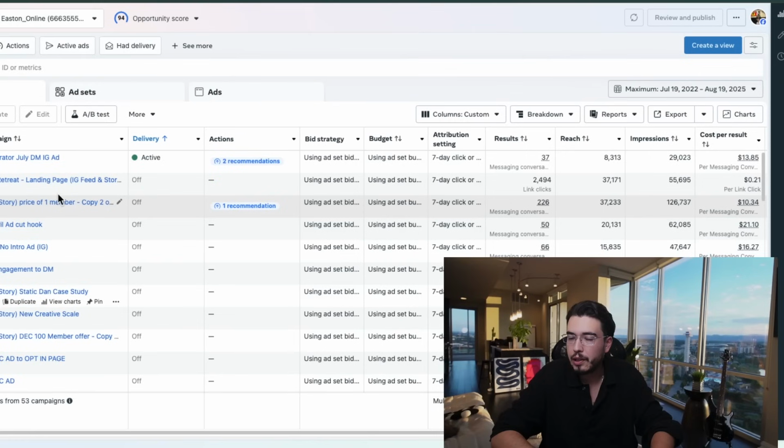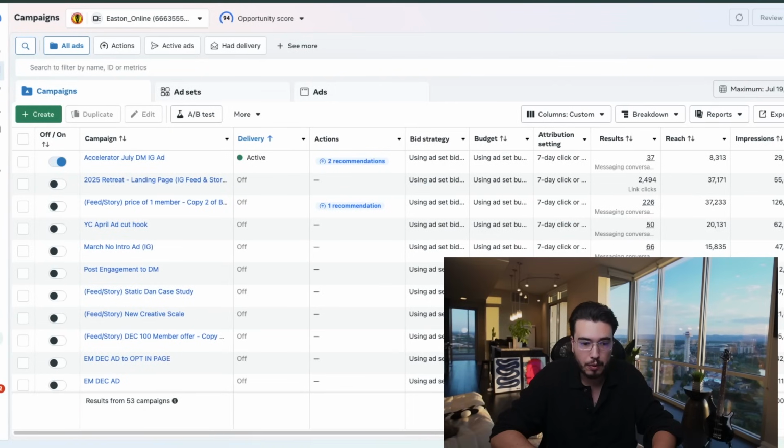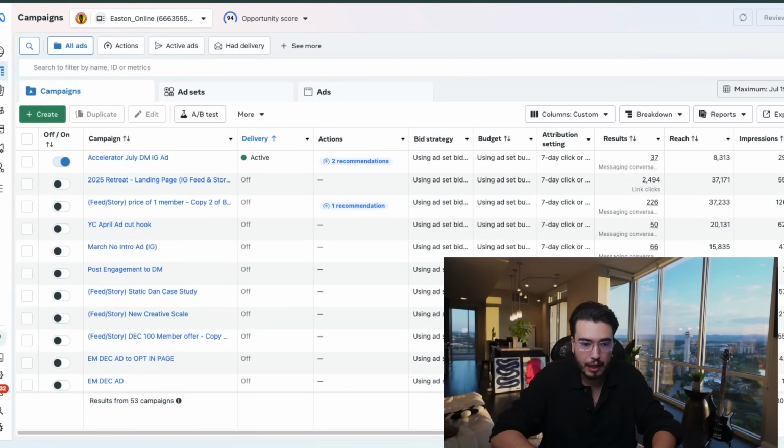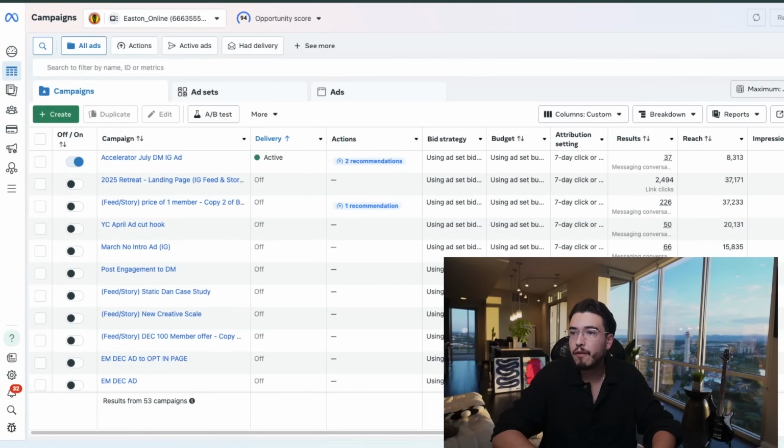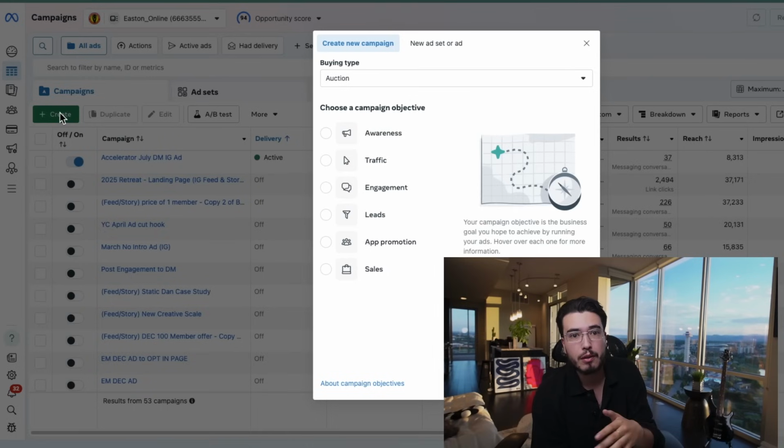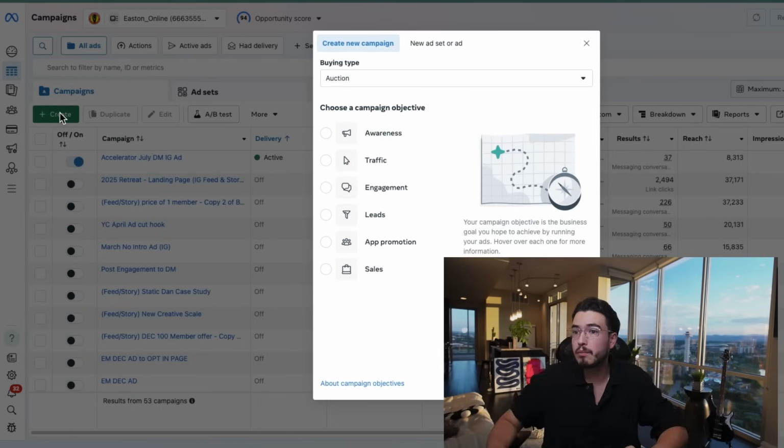Okay, while it generates that, I'm going to show you guys how to create the most basic and simple campaigns here in the ads manager for any type of business, your own business, a client's business. This is one of the best and most simple campaigns you should run with open targeting, and we're going to let the creative actually do the work, right? Talking to martial arts school owners only, the creative and the copy.